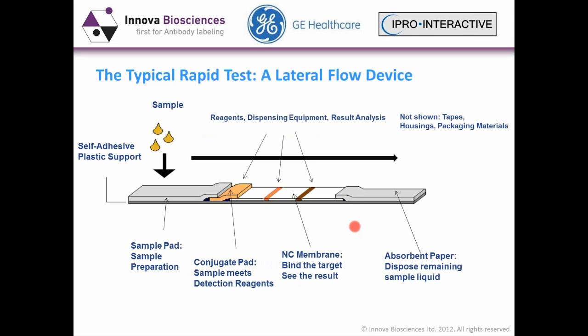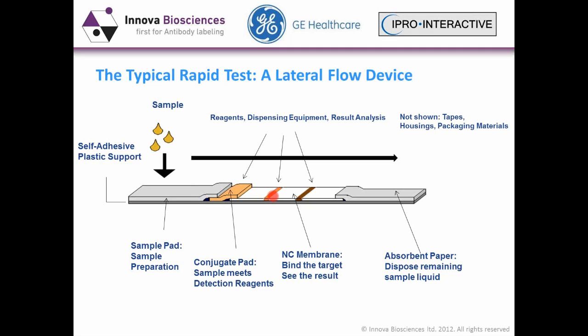Well, what you see here is what you probably have seen several times. This is the typical rapid test, the lateral flow device, and it consists basically of 4 different materials that fulfill different functions. So the sample at first sees the sample pad that prepares the sample for running through the test strip. Then it meets the conjugate pad, where it will find a dry detector reagent that hopefully finds the target, and then moves on to the membrane, which is the only part of the test that the end user